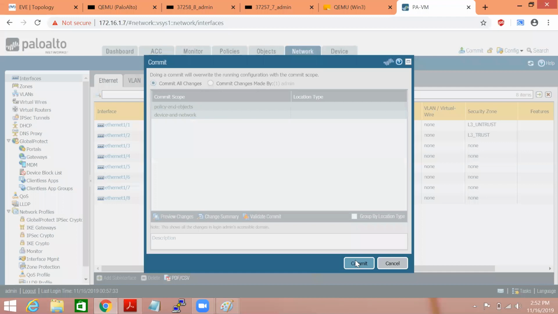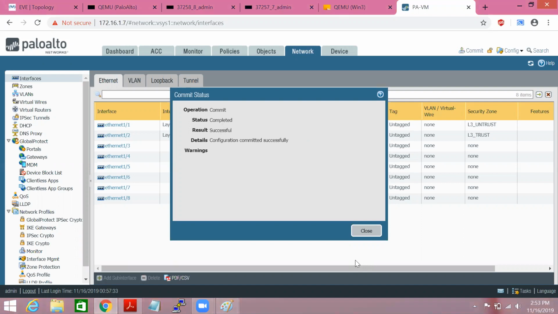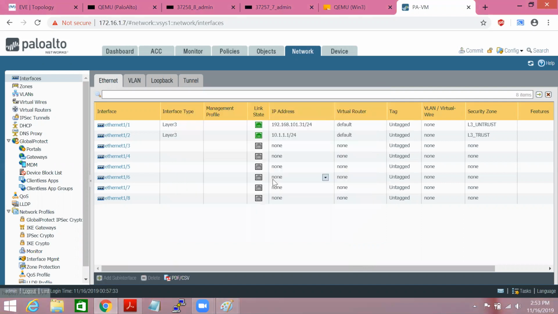Once you commit, you can make changes. So you can check now it's showing